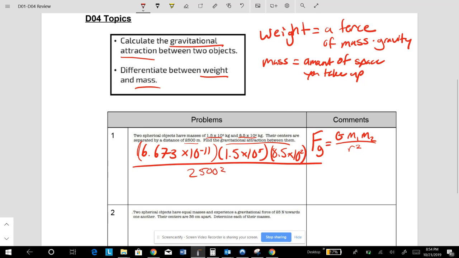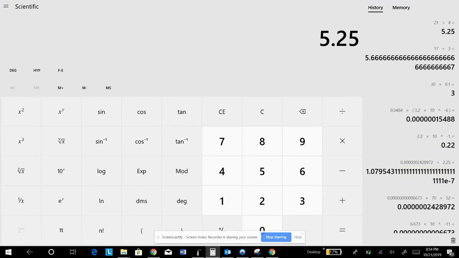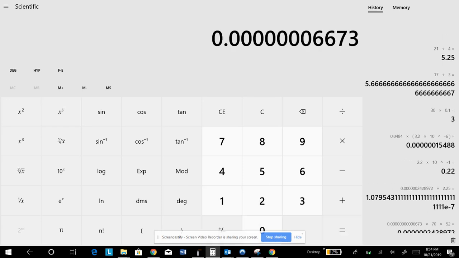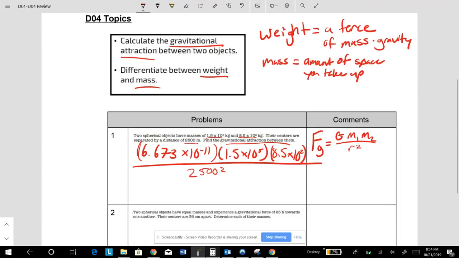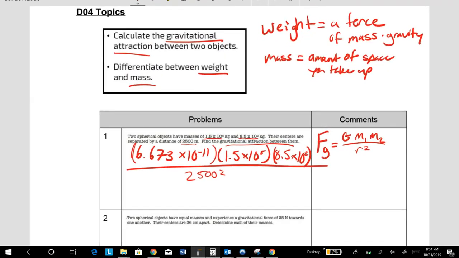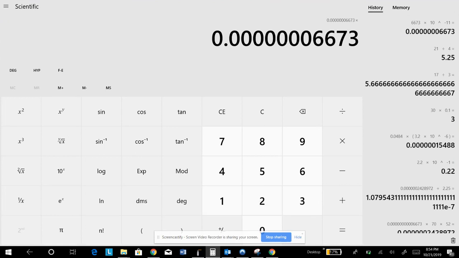Cool. And so what you're looking for is the force of gravitational attraction between them. So what we need to do is start plugging all of this into a calculator. I should have 6.673 times 10 to the negative 11. So that should be the first constant. The second one, I need to go back here, will be 1.5 times 10 to the fifth. So I'm actually going to times this by